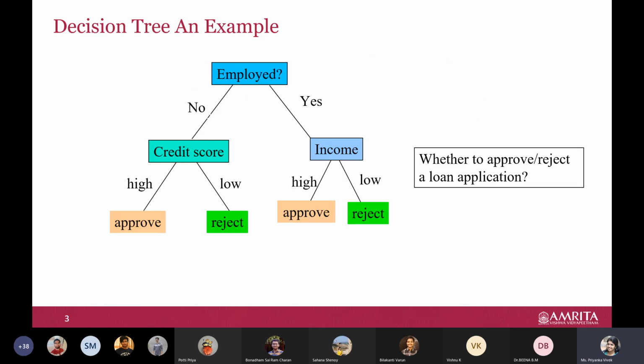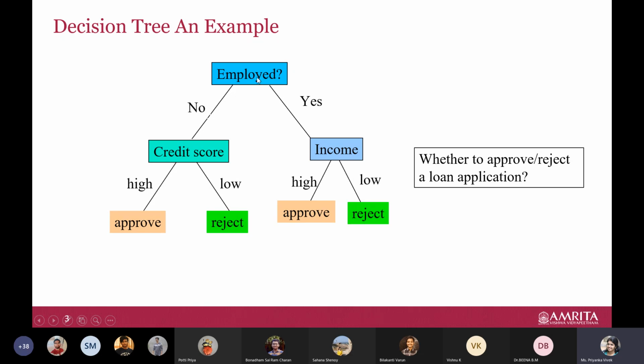For example, this is a decision tree built using a data set for whether to approve a loan application, given some details of people, or reject it. If you can see in the decision tree, the leaf nodes are approve or reject. It's a two-class classification problem. So you are deciding whether it is approve or reject.